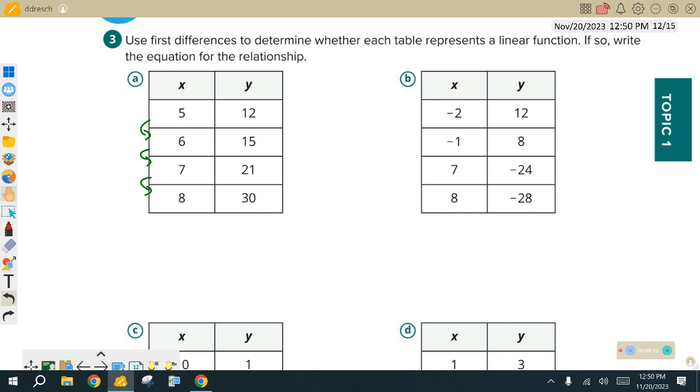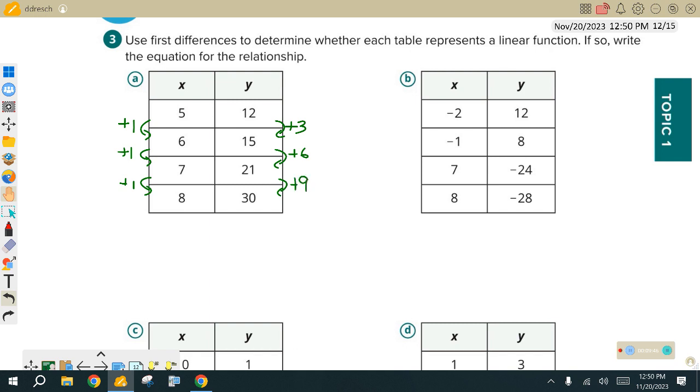No. 5 to 6, yeah. So plus 1, plus 1, and plus 1. So far, so good. Now check the right-hand side. You've got to check both sides. 12 to 15, 3. Okay. 15 to 21, 6. And as soon as we start to see a little bit of inconsistency there,